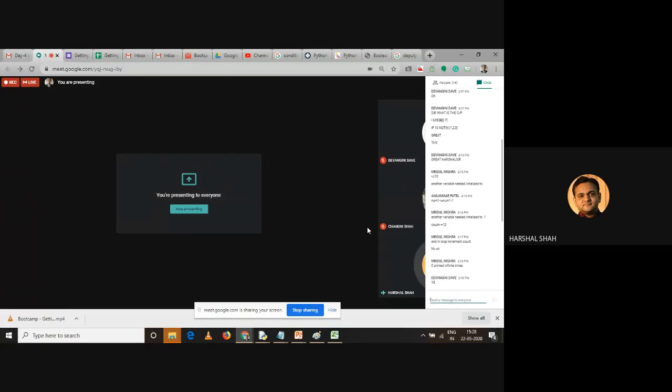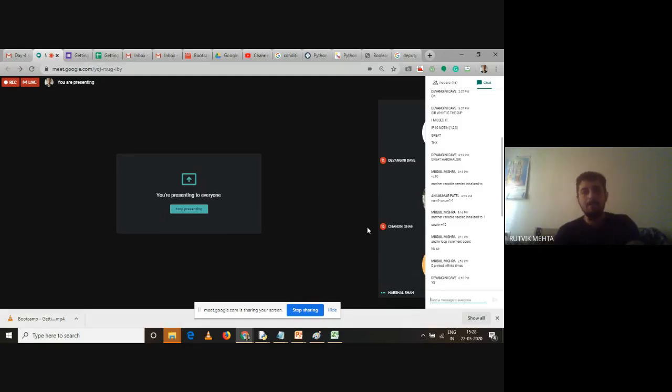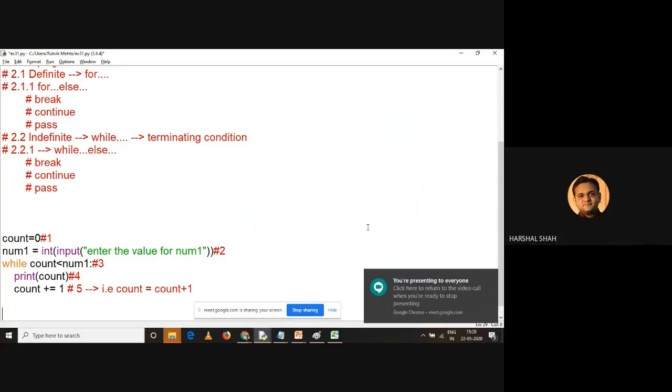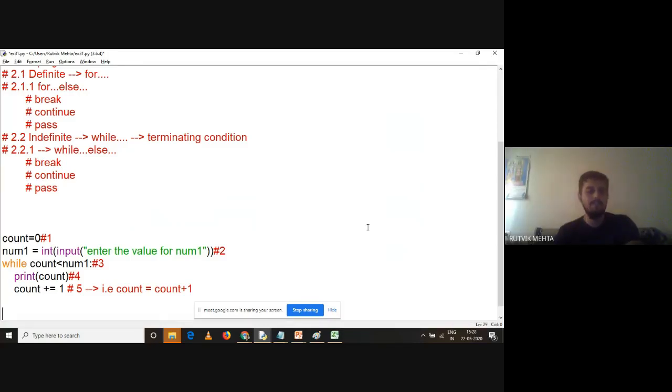Yes, statements are encountered serially. So it is the default flow. We have discussed this yesterday also. The answer is very simple. It is sequential flow, right? The default flow of execution is sequential flow. So 1, 2, 3, 4, 5 will be executed in sequence.